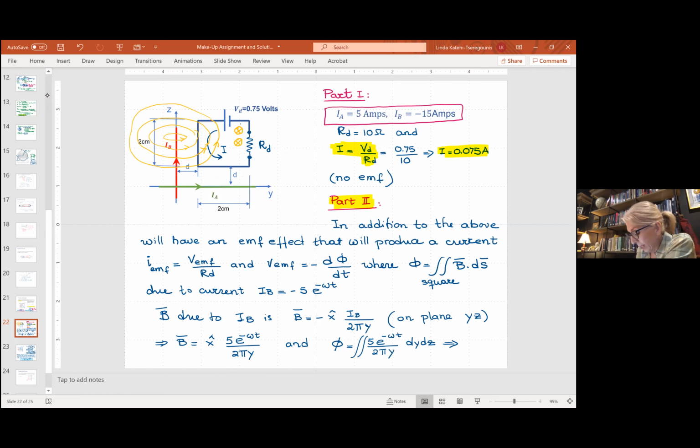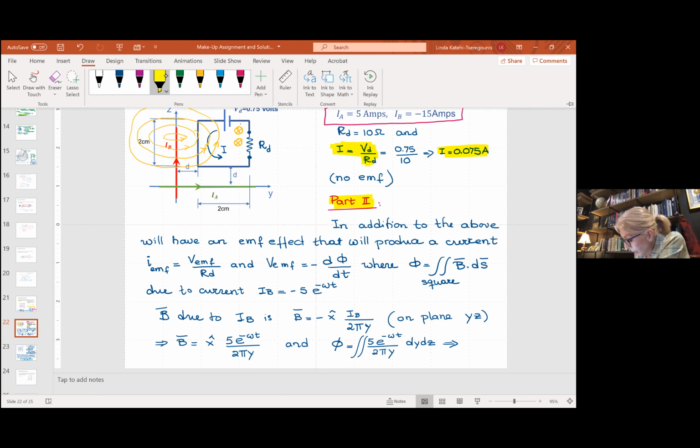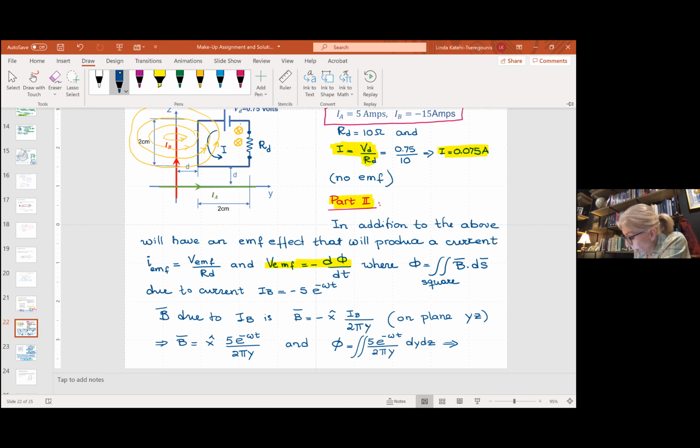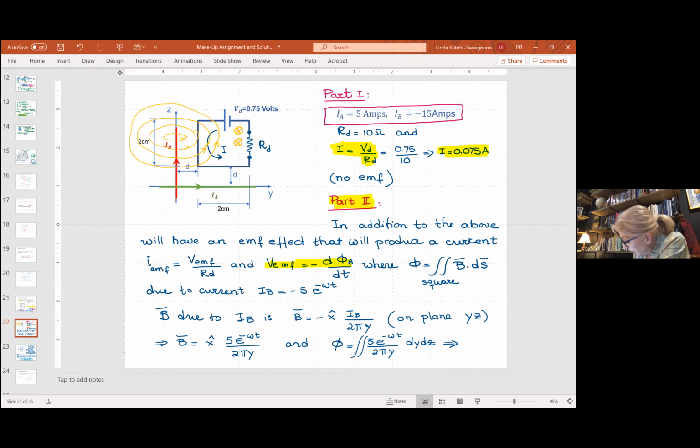Now here I write the theory that I discussed before. So this is the EMF. And here, this is the relationship we wrote before. And this is the EMF that is going to be created out of the flux that is due to a wire IB. So I will call it phi of B. And phi of B here. And the flux, as we said before, is going to be the surface integral of the magnetic flux density over the area of the square, and